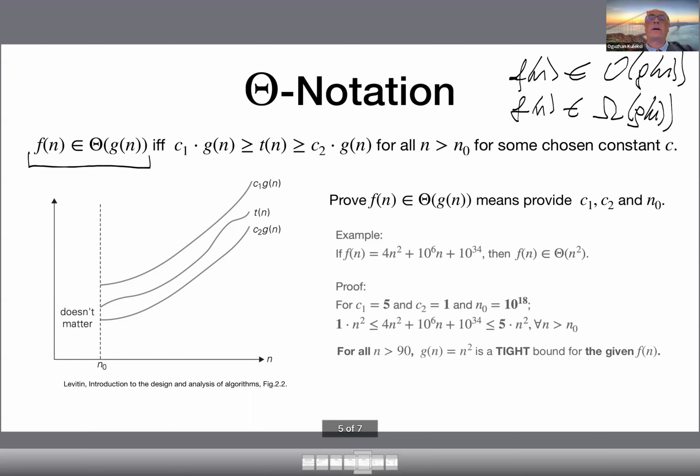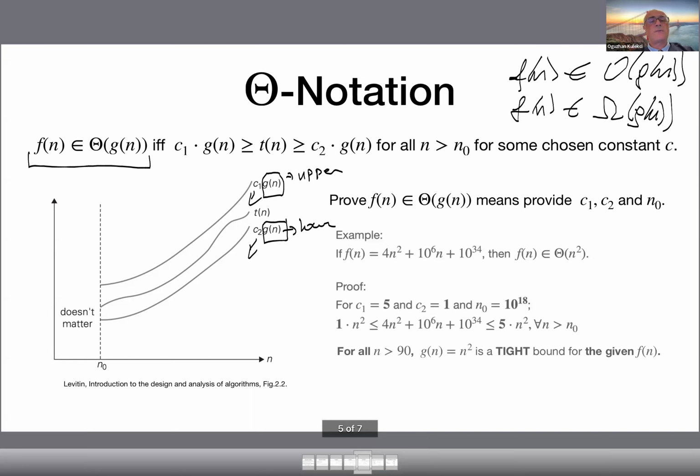That is the point that I was trying to show you in the first slide. This is my upper bound, and this is my lower bound. If both of them are the same g(n) function, but with different constants, that is fine,